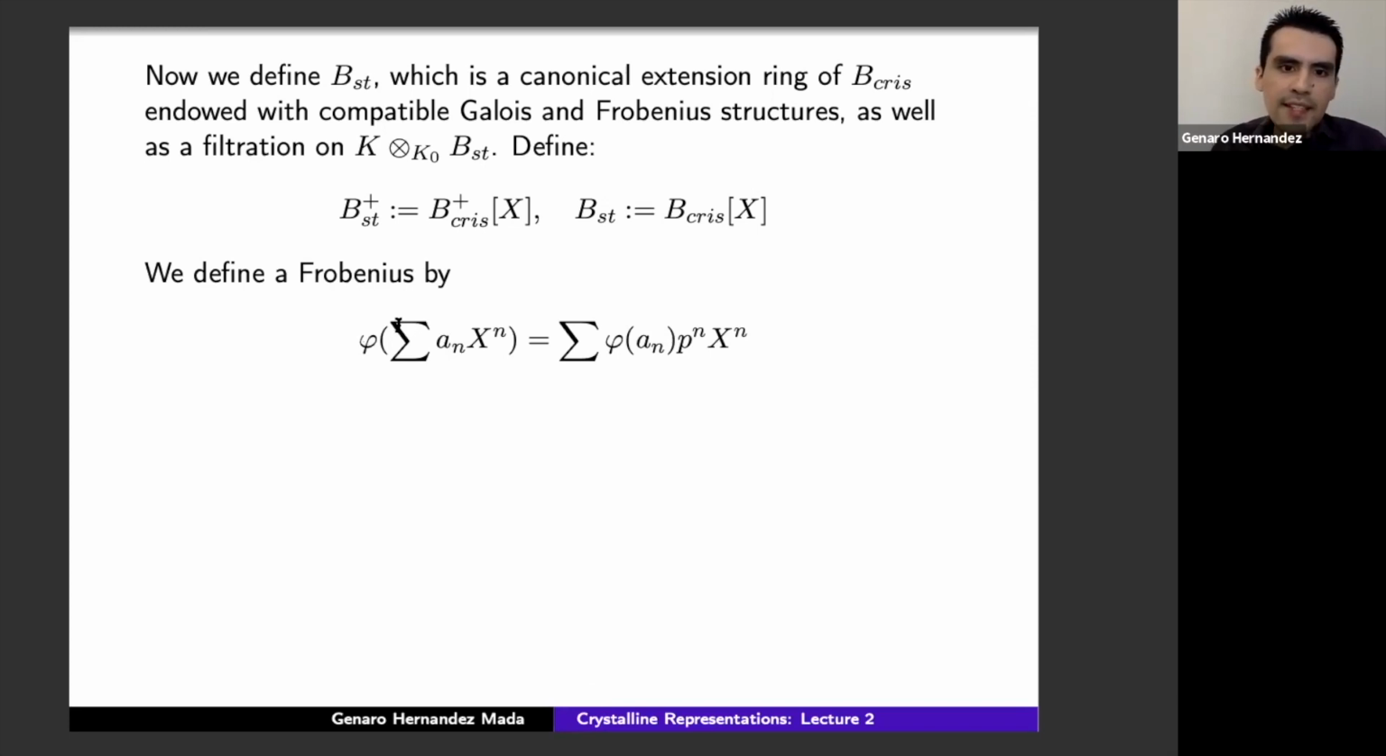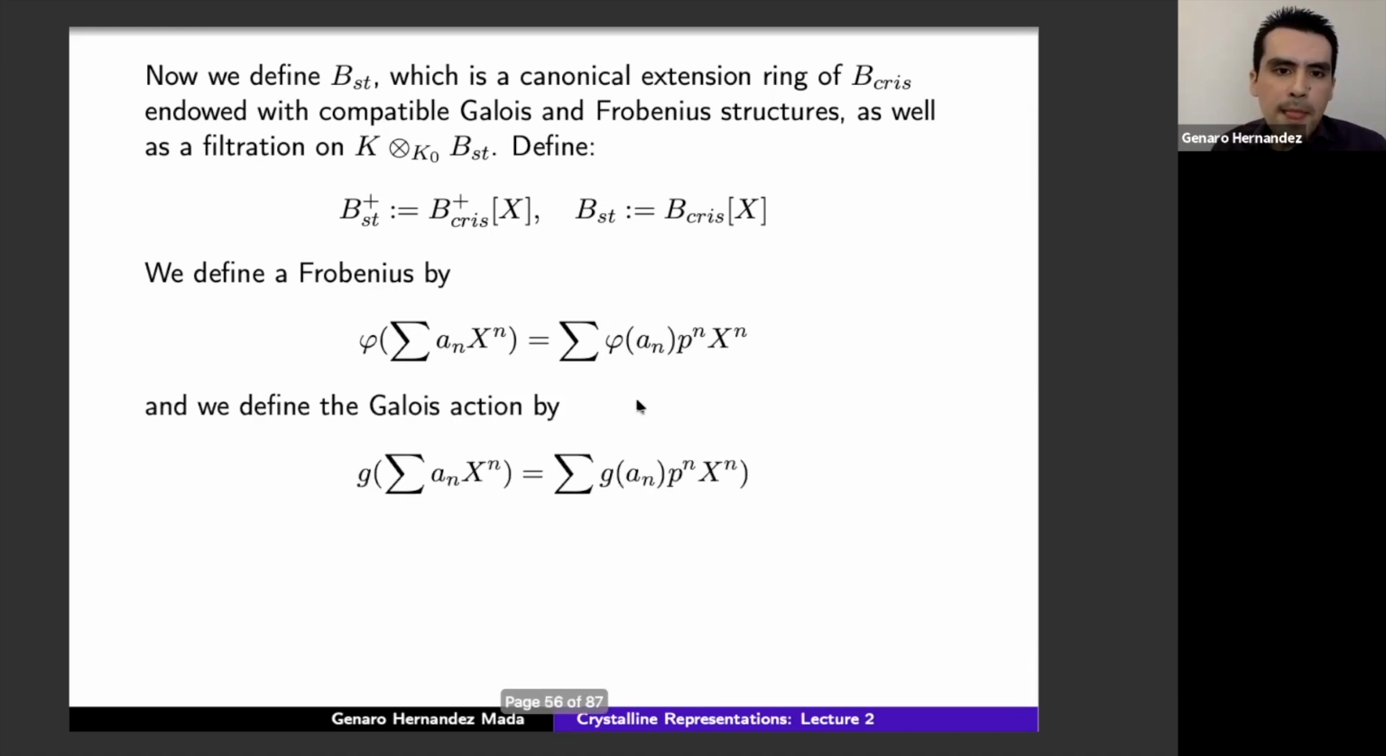Well, with Frobenius, we should do this. If I take a polynomial, I apply the Frobenius in each coefficient, but I multiply by p to the power n. And the Galois action